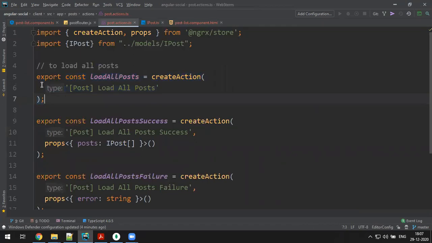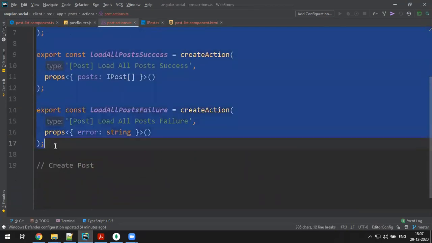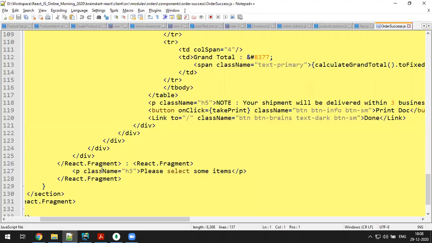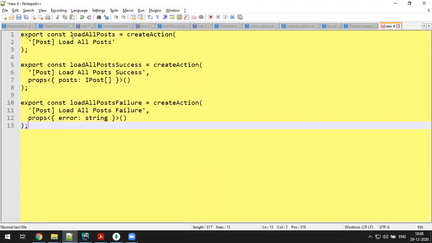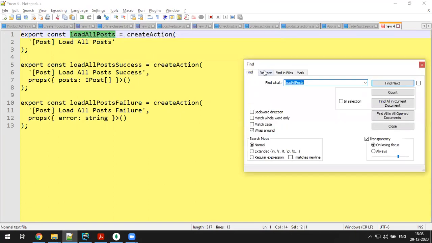Let me copy all these three and paste them here. I'll replace with create post, replace all.